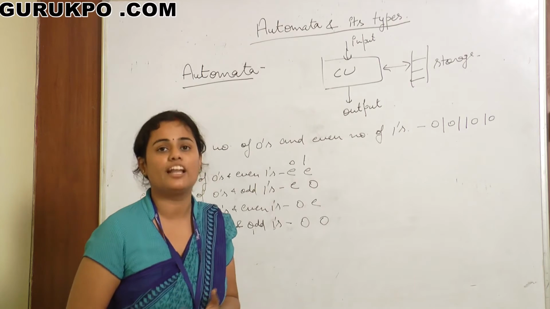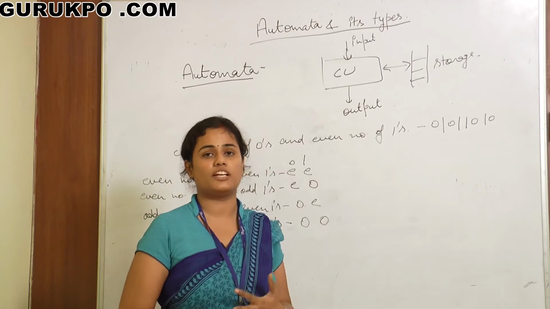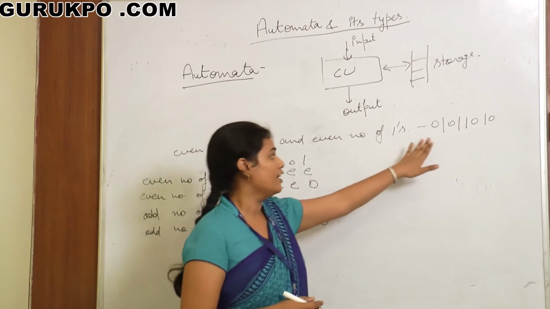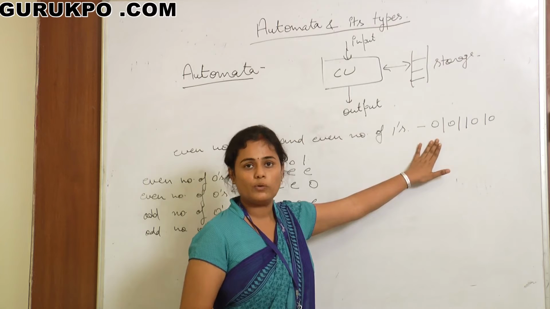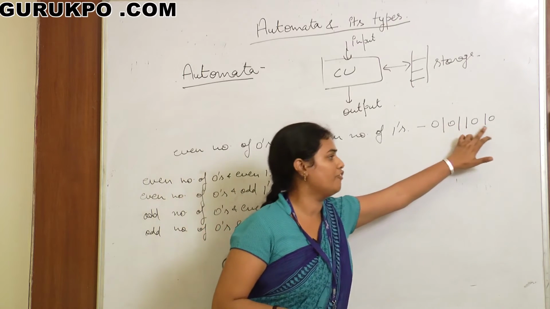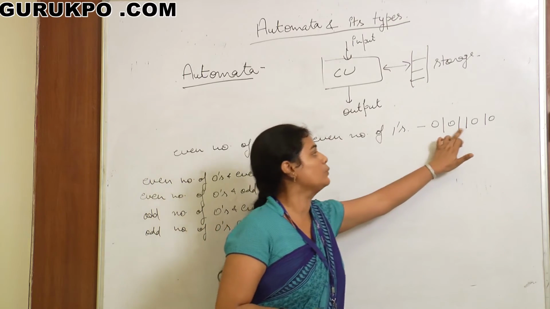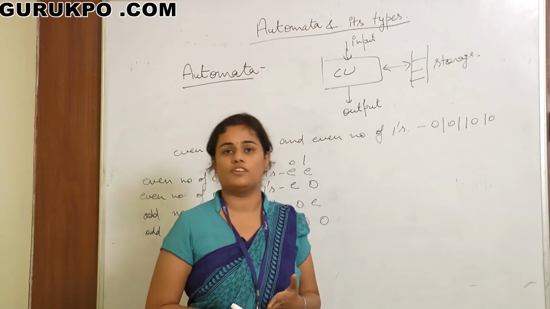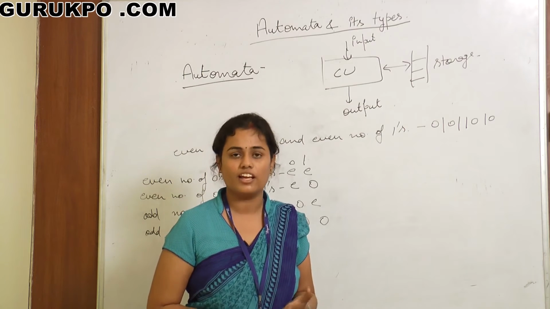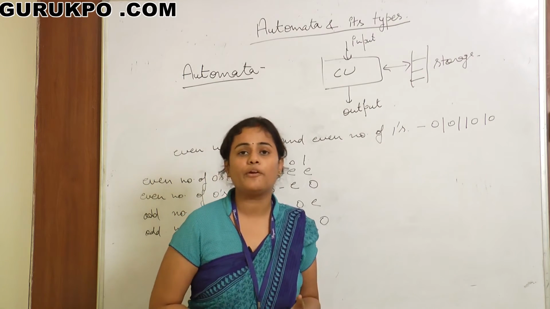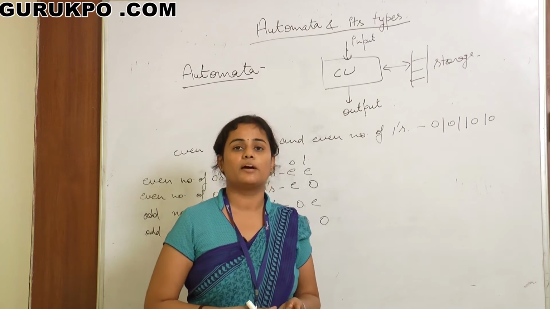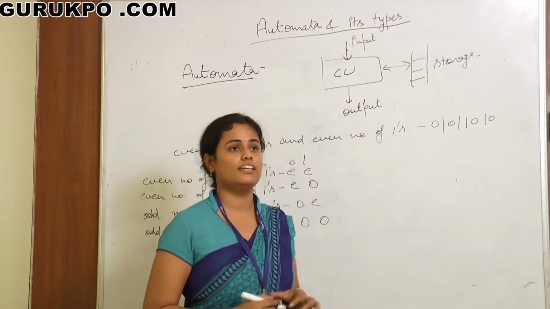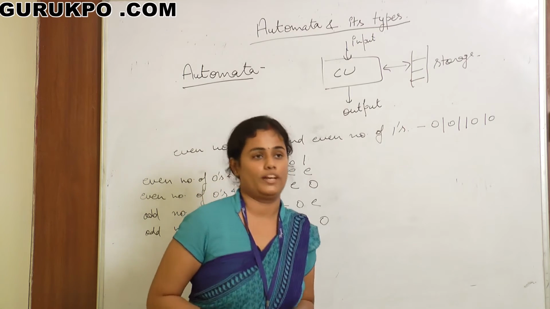Now we have to create a logic. We have to design the logic of how a machine will work. If I ask you how a machine will accept this, you can count easily. Yes, 1, 2, 3, 4. There are 4 zeros and 1, 2, 3, 4, 4 ones. That is why it has an even number of zeros and an even number of ones. But our machine can't count in this way. They can't think like us. We need to give some logic to the machine, to any computer, for how it will work and how it will count.